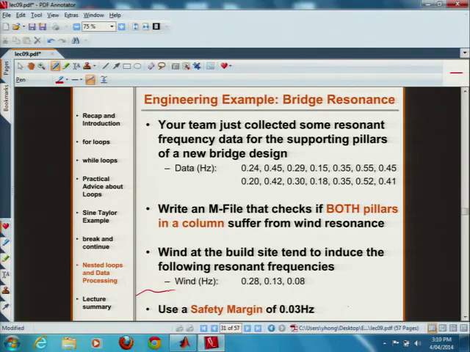So here is our last example, about bridge resonance. I give you 1 minute to have a look at this example. Okay, all right. So this is an example about